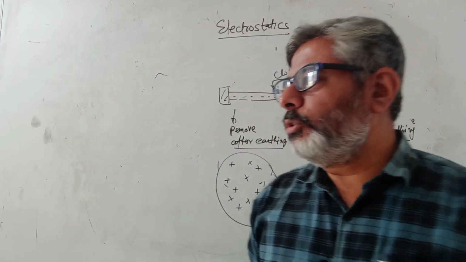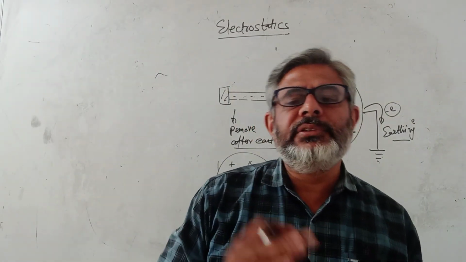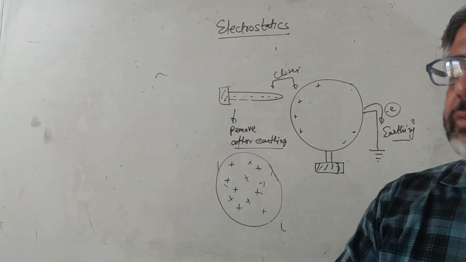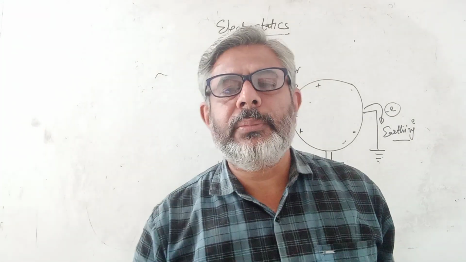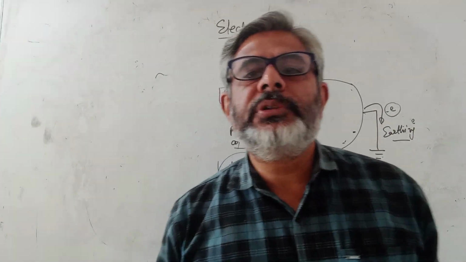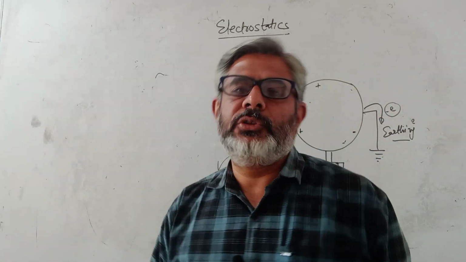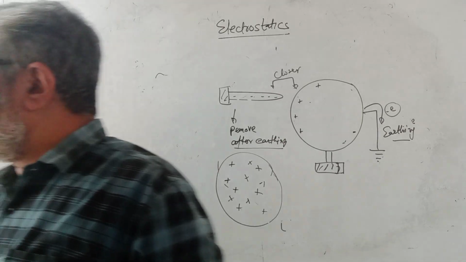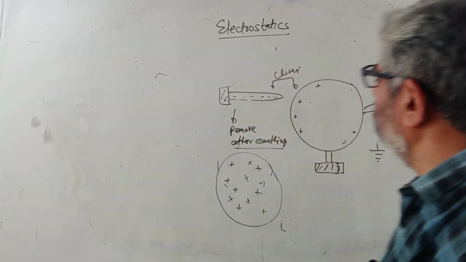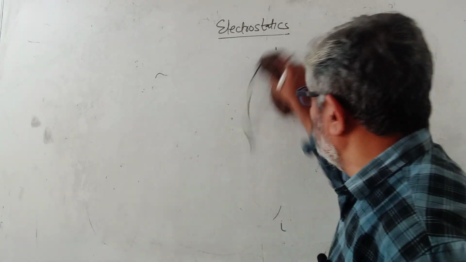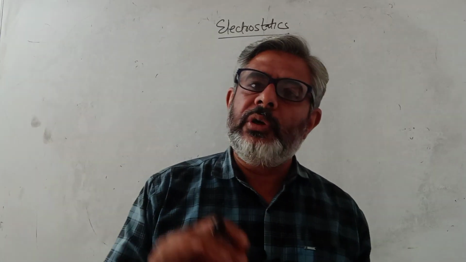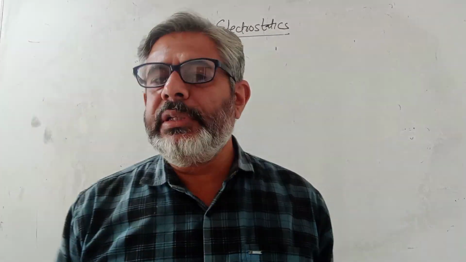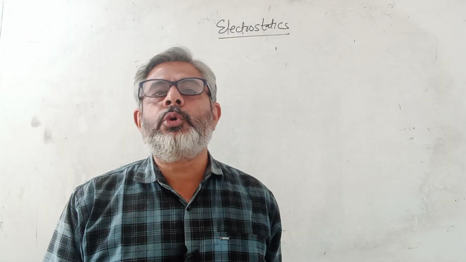In liquids, we can also have transfer of ions, so positive ions, negative ions that you read in chemistry. So from one bowl or beaker, you can transfer some positive ions to another beaker containing some liquid. It will become positive or negative depending upon whether they are cations or anions. So these are the ways of charging something. Now this is about the properties of charge, that is conservation of charge and quantization, and also the process of charging. I told you that the charge on a substance is quantized.